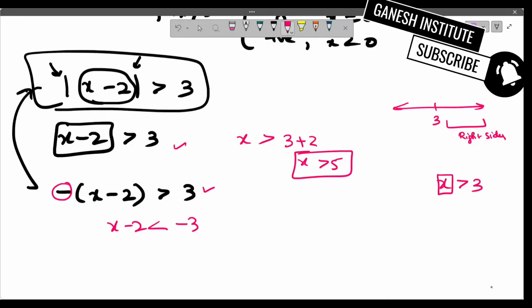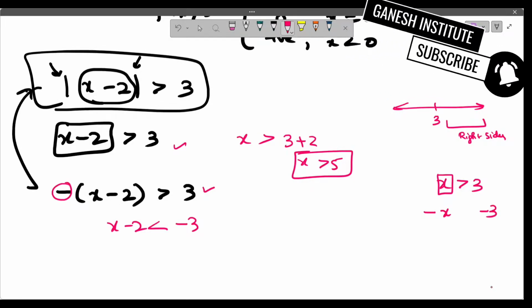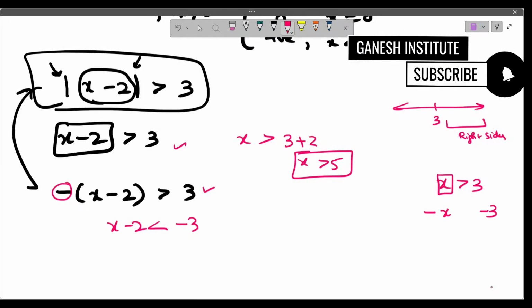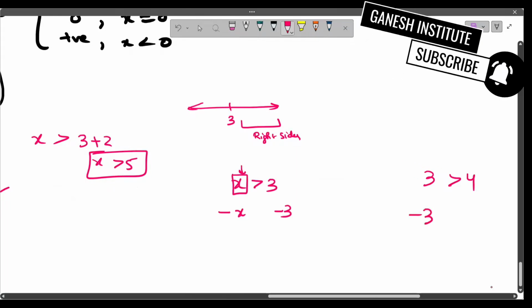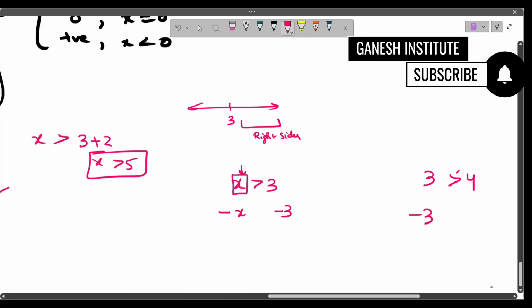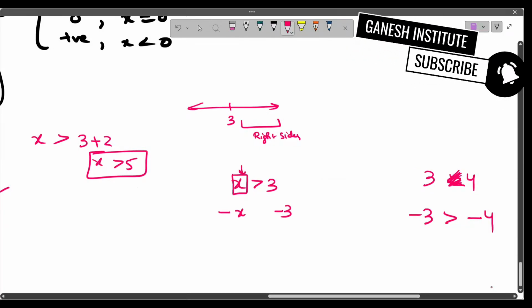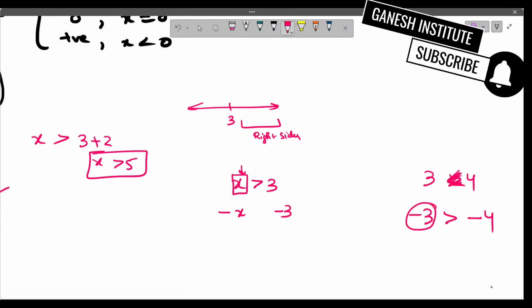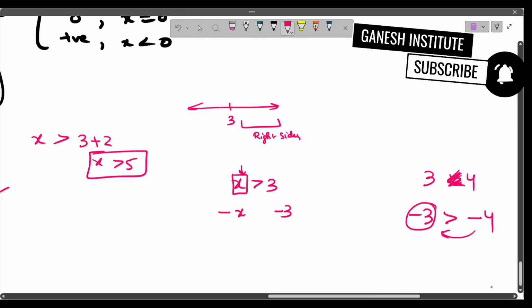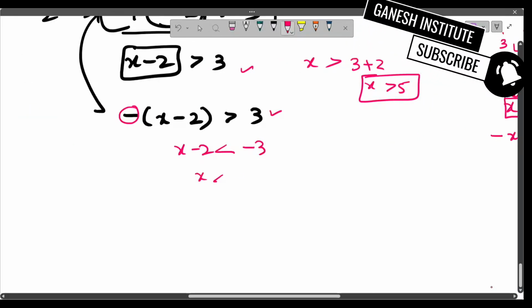Now you change the sign, you multiply it by minus. Initially 3 is lesser than 4, but minus 3 is greater than minus 4, right? Because minus 3 lies to the right on the number line as compared to minus 4. So I have to change the sign,